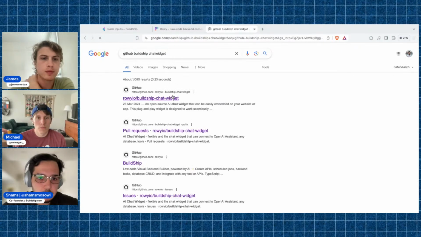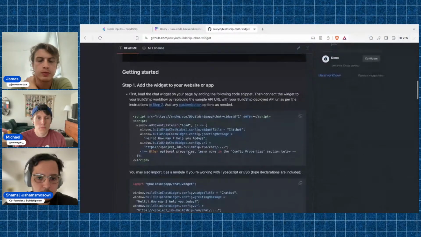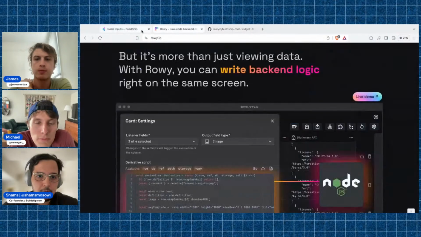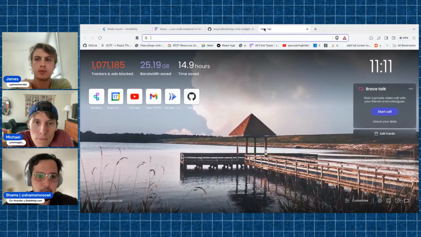Let's see. Yeah, so we open source this component so anyone can use it to put in their app. So we're putting in here, and basically let's see.